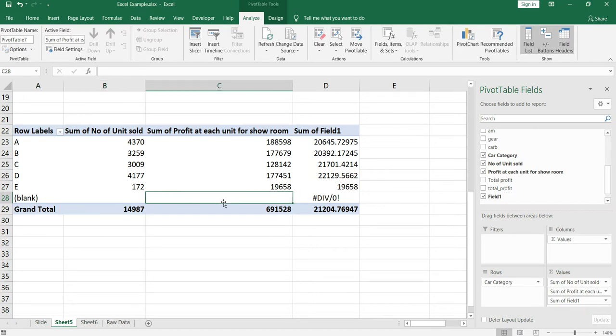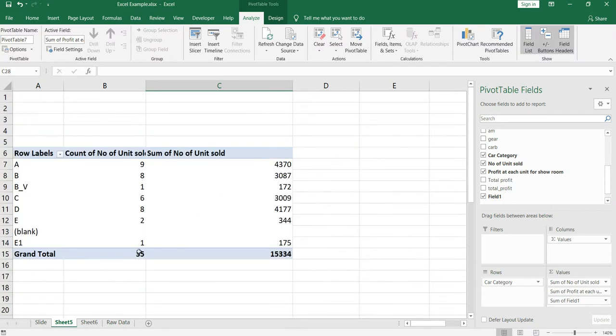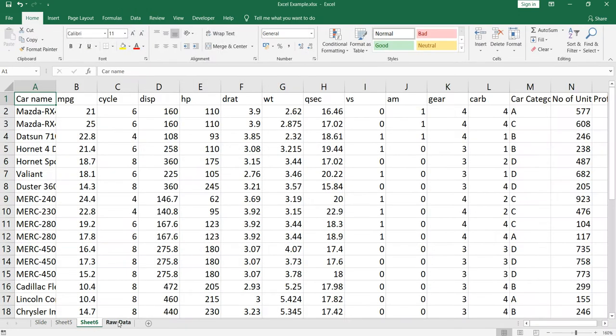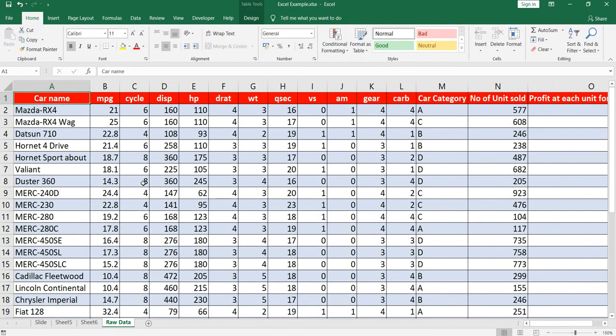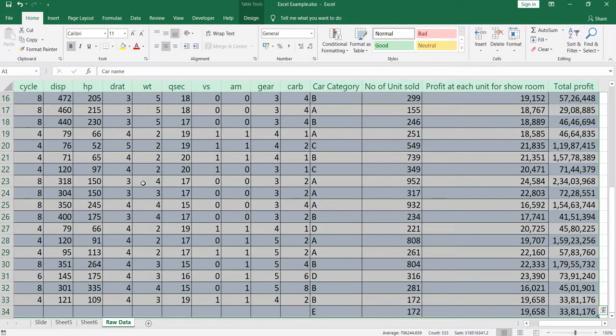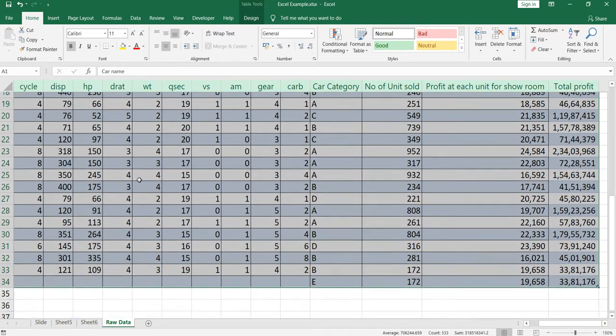Now the last option which I want to show you in the pivot table is the slicers. Okay, so now suppose this is our data set and you want to give the user the flexibility to select multiple things at the same time, the way we are given drop-downs in websites and other places.